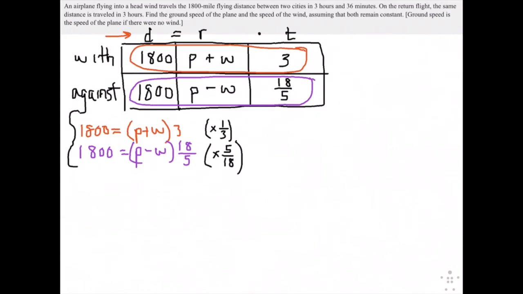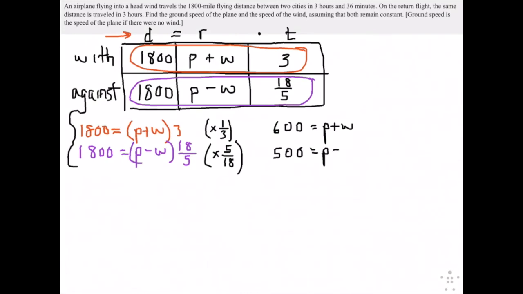So the top equation, when I multiply by 1/3, 1/3 times 1800 is 600 equals P plus W. And the bottom equation, when I multiply by 5/18, 1800 divided by 18 is 100 times 5 is 500,